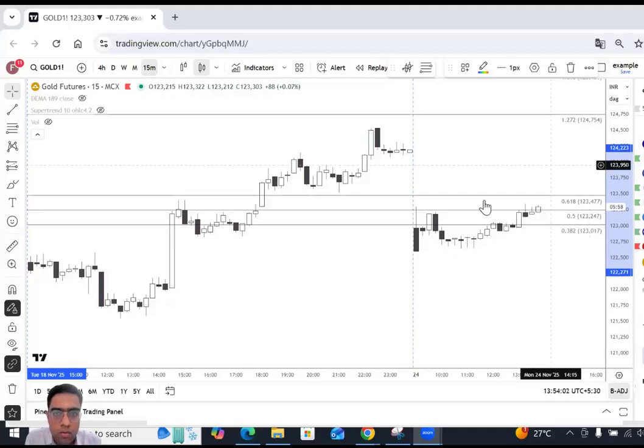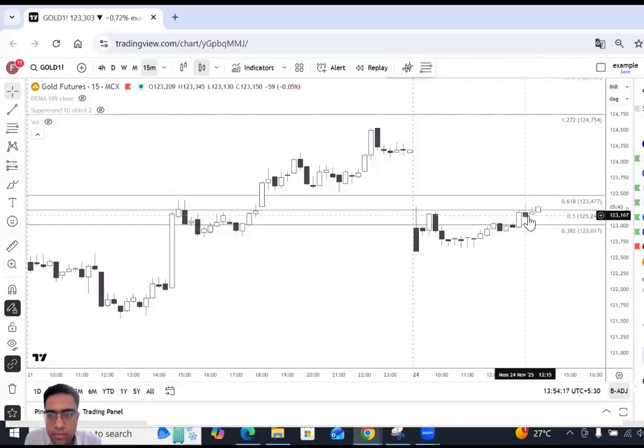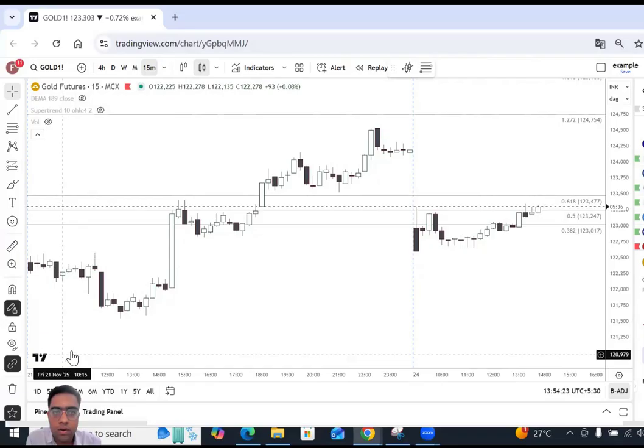So friends, how to put an alert? So what you have to do, for example, this is a gold chart. So what we can do for price alert, you have to just click this. Like for example, I will just click this and add alert. So as soon as price hits say 123306, we will get an alert in email and also at